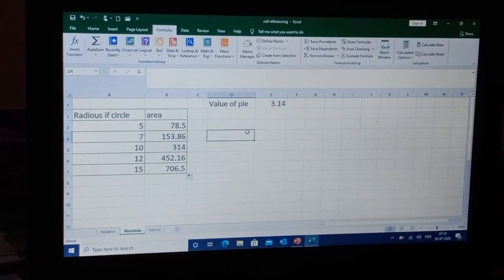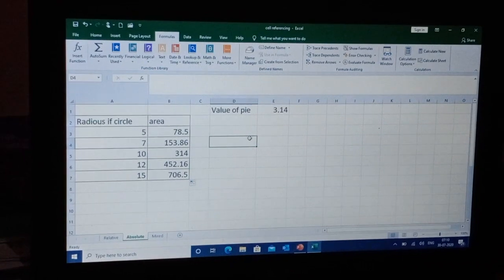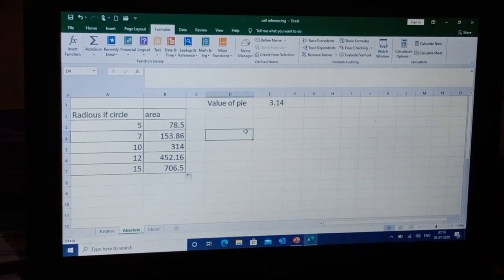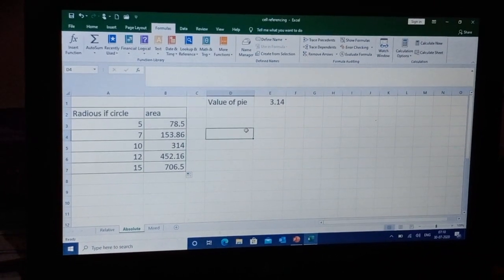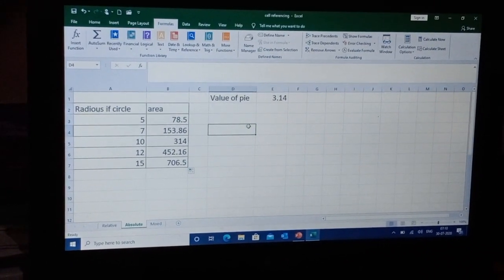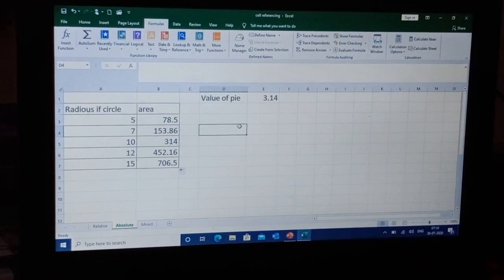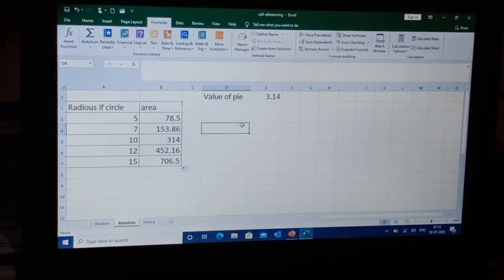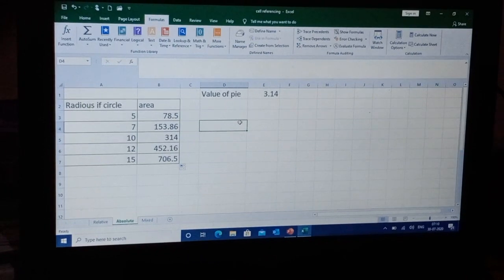That is called absolute cell referencing. So we have seen relative cell referencing, where the cell address changes, and absolute cell referencing, for any one cell which we want to keep fixed in the formula.